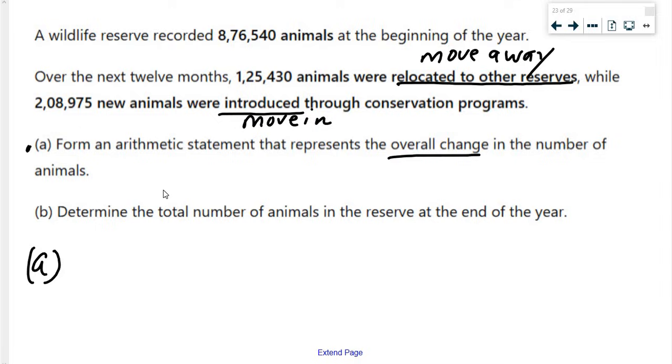We need to form an arithmetic statement that shows the number of animals moving away and the number of animals moving in. First of all, moving away means subtract. Moving in means add. So the arithmetic statement that represents the overall change will be